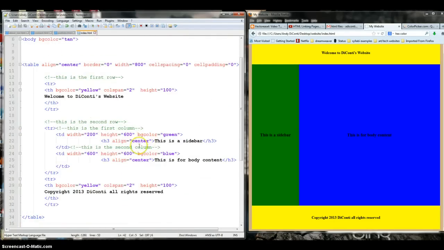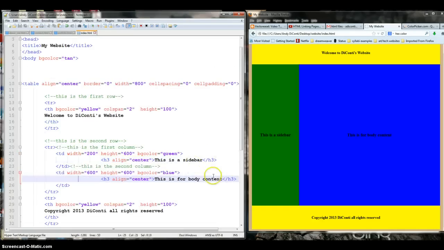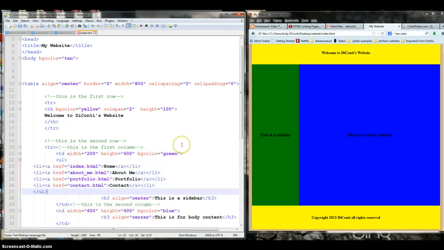I'm going to copy it, and I'm going to put it in the second column. You know, this is my writing here. Okay, and again, this code's going to be online for you. So I'm going to just squeeze it in right. Actually, this first column, beg your pardon, it's going to go in the second column here, and I'm going to paste it, and I'm going to save it, and I'm going to see what that looks like. And that's pretty easy, isn't it? I'm going to go ahead and pause again. Actually, I'm not going to pause this. I'm just going to go ahead and let this go, and you're going to see